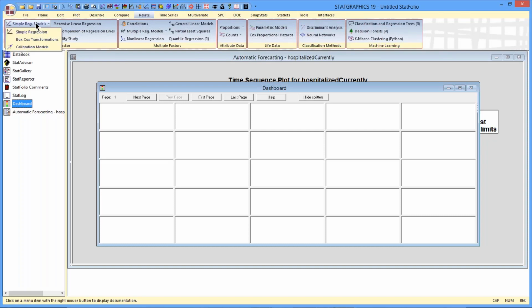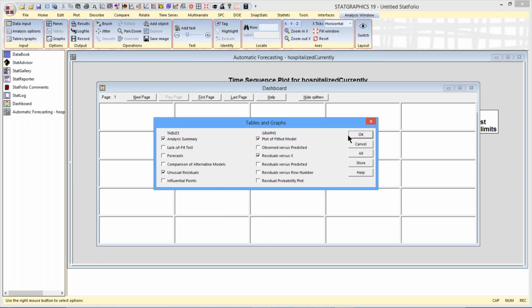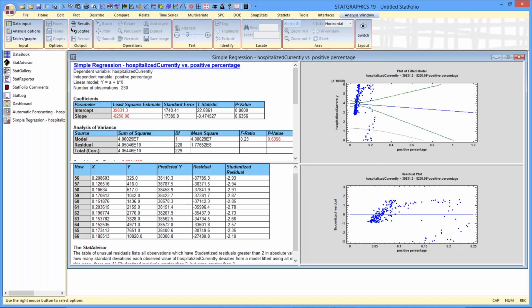I'm going to ask the program to fit a simple regression model. And I'm going to take the number of people that are hospitalized on any particular day because of COVID and regress that against the positive percentage. That's the percentage of tests which are coming back positive. Okay. And what you'll see if I go through, I'll just take all the standard options,